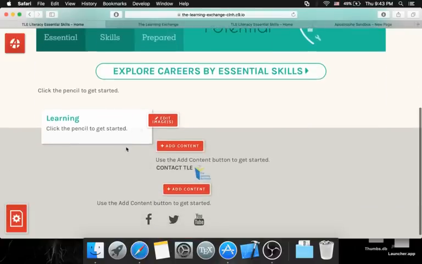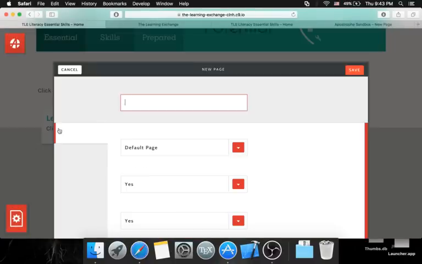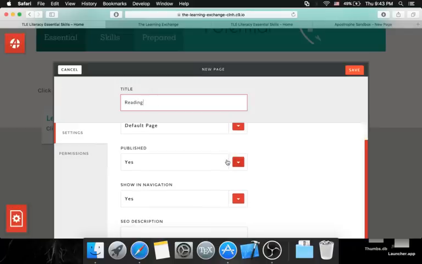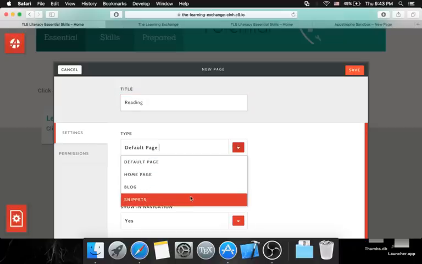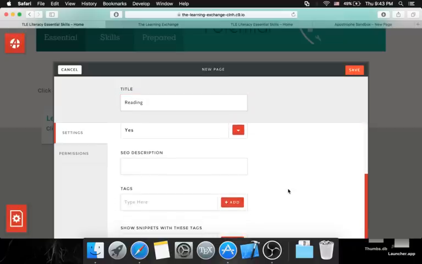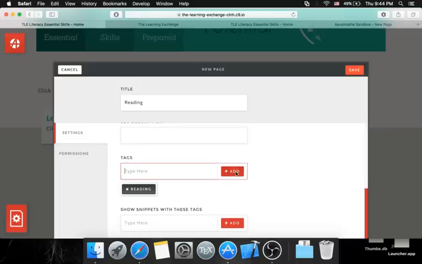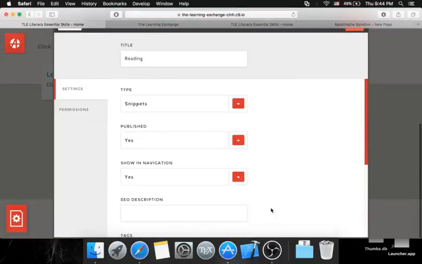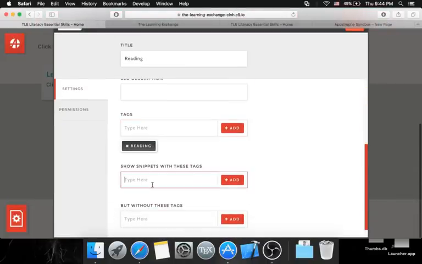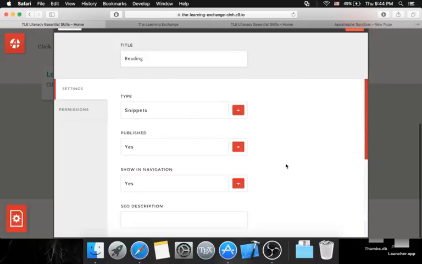What I have right here is a page, and I could easily create a new page. I could call this reading, and I would make it a snippets page, published, showing navigation, yes, tags, and I'm going to add reading to the tags. And then I would make it show snippets with these tags. I'm going to come back to the concept of snippets very soon. So when I save this page,